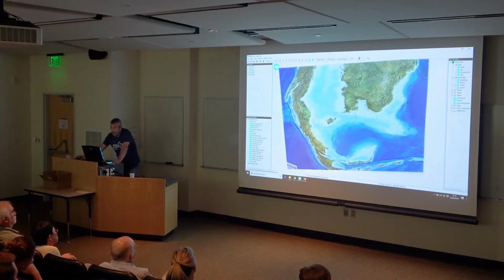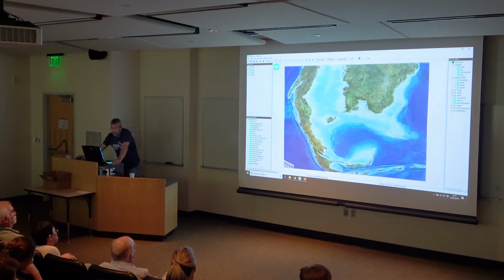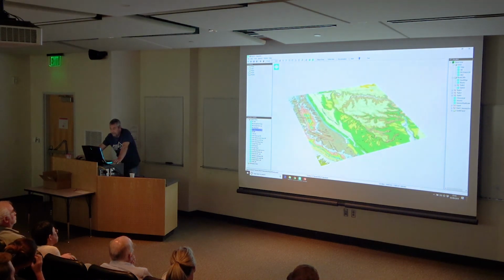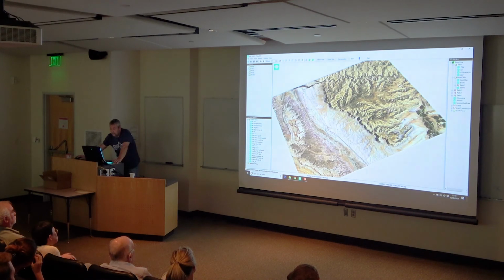We can show how the world looked back in the Cretaceous, and we can home in on this bit over here, overlaying Ron Blakey's maps. There's our geology map, and we can bring on the satellite imagery just to show the outcrop. Then we can turn on the virtual outcrop. This will just take a second or two to load, because it's quite a big model.